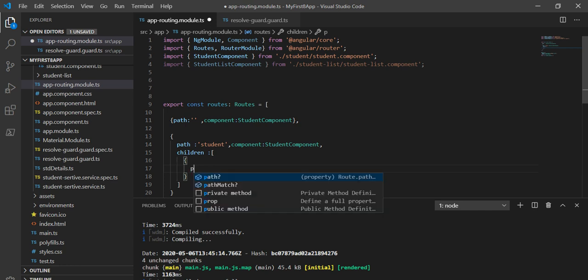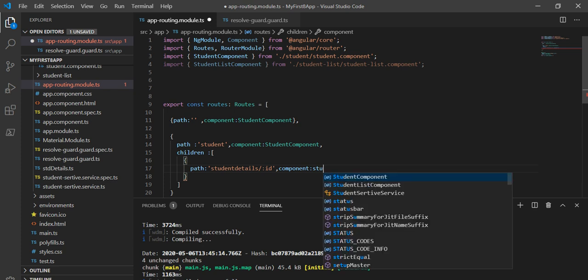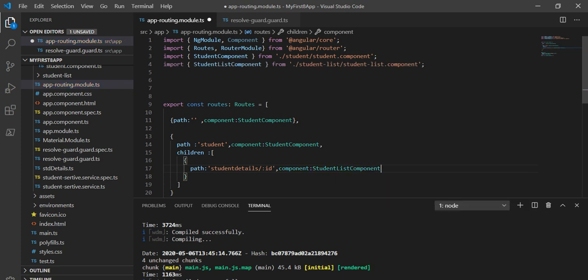In children we define path student details with the id, and the component is the student list component, and here we will attach the resolve.